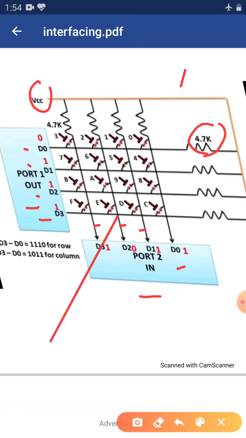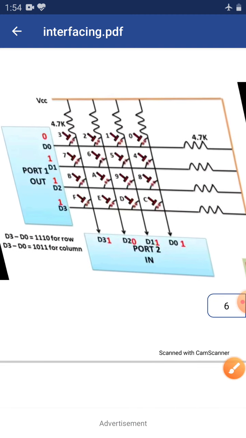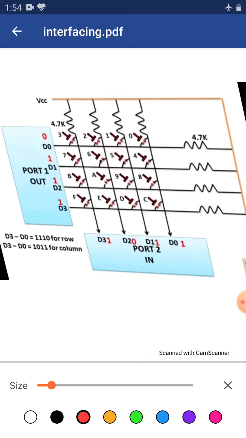In the figure you see it is written for the row D3 to D0, and these are the values related to the rows: 1, 1, 1, 0. So, you can see here D3 is 1, D2 is 1, D1 is 1 and D0 is 0.